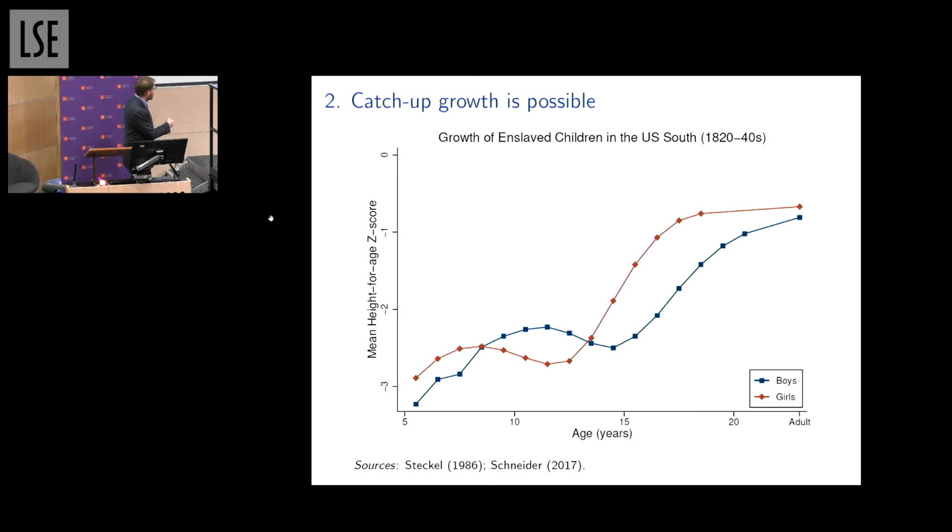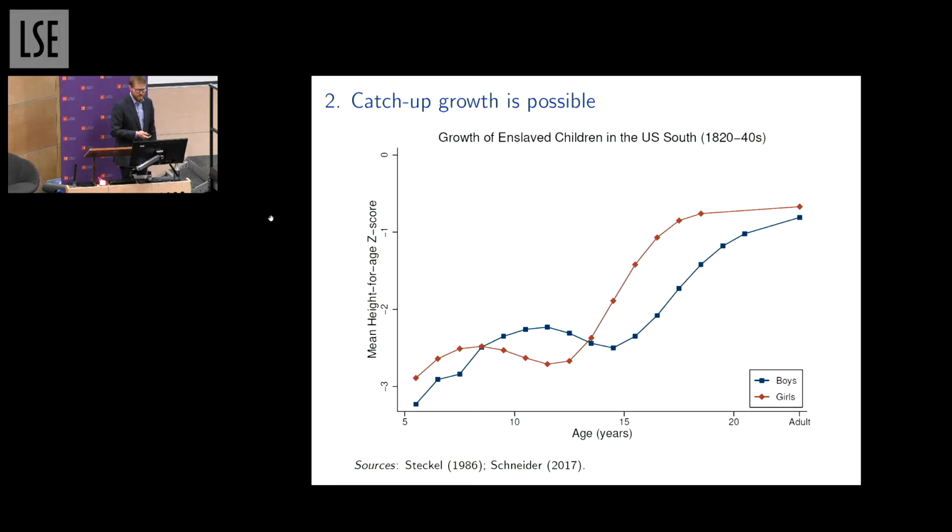But then as they age, they catch up. They move closer to the modern population. Again, the healthy population would be at 0 on this graph throughout, right? So they're approaching that healthy population. And the argument here is that once they enter the labor force, their masters start feeding them, giving them food properly. They get shoes, so they reduce their hookworm burden, and this allows them to experience this kind of catch-up